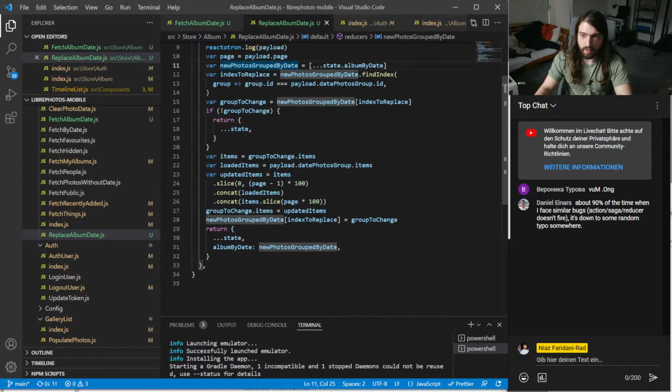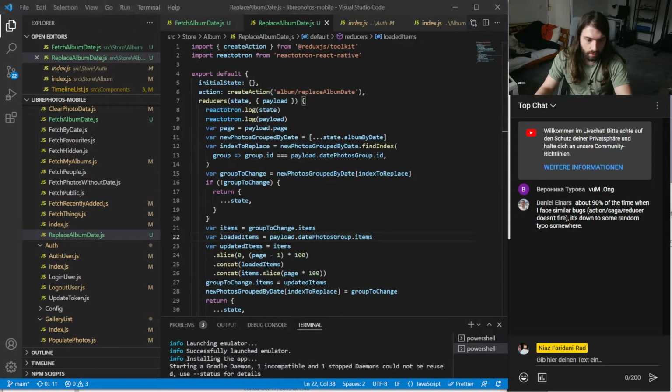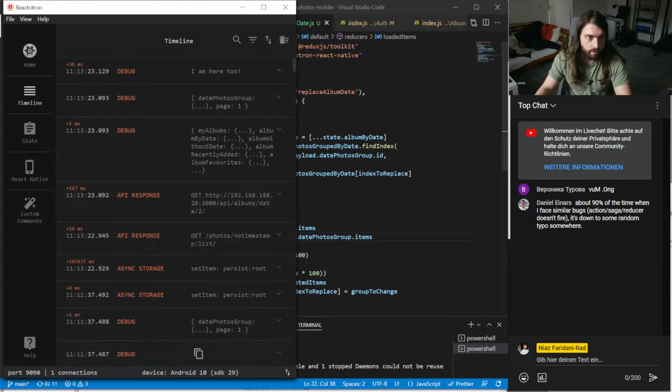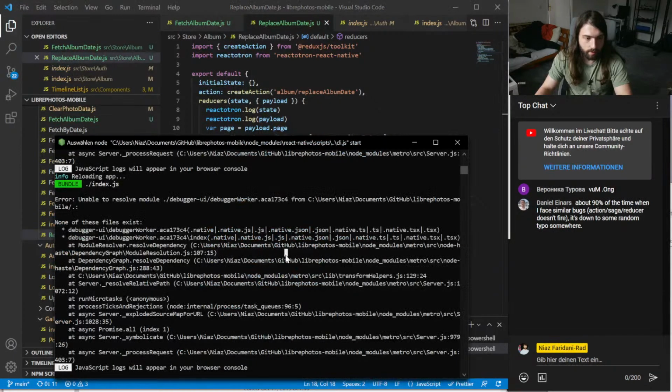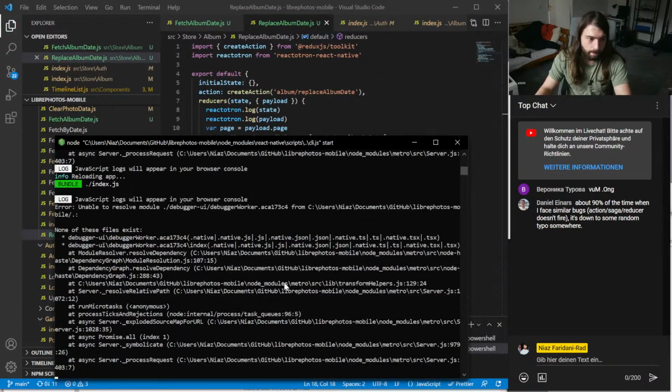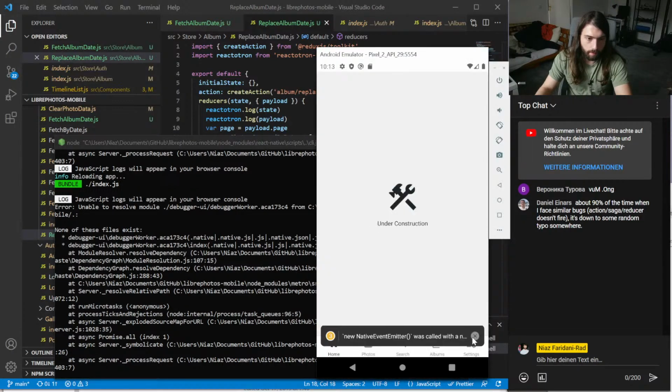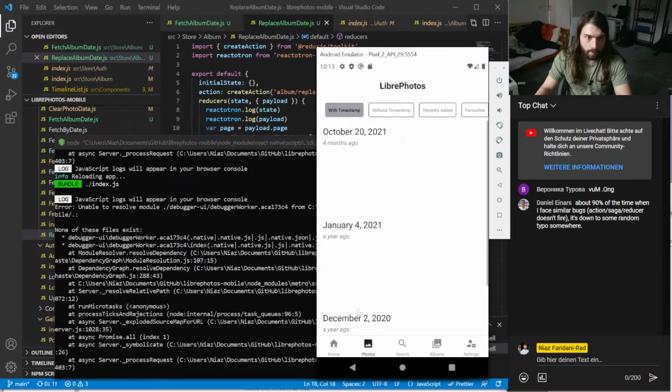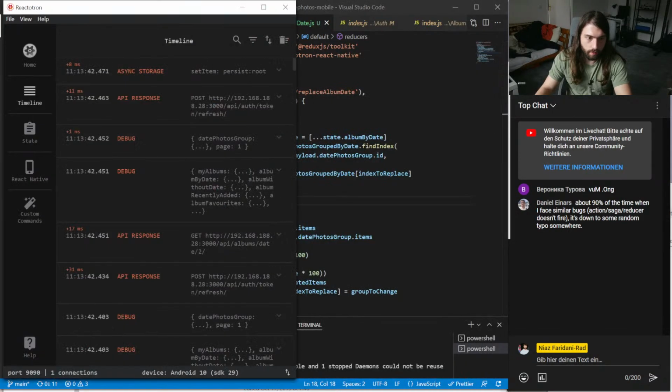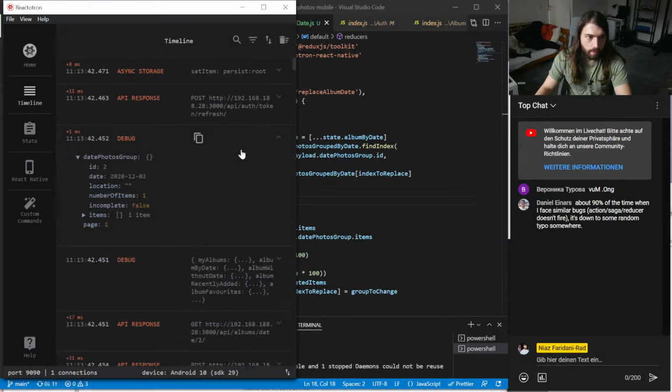I mean, I really still don't get the build slice thing, so I think I have to read up on that later. Okay. Right. Debug. So here we have our date photo group.